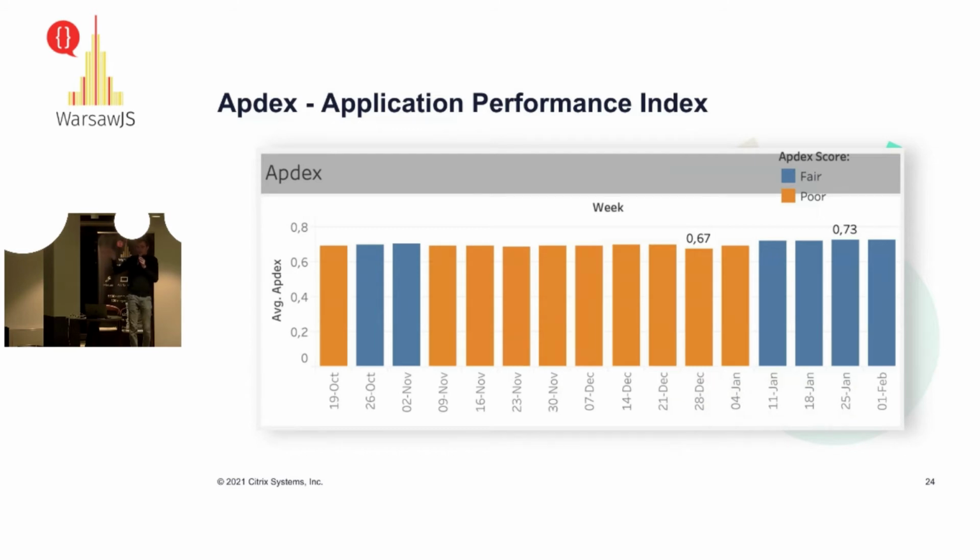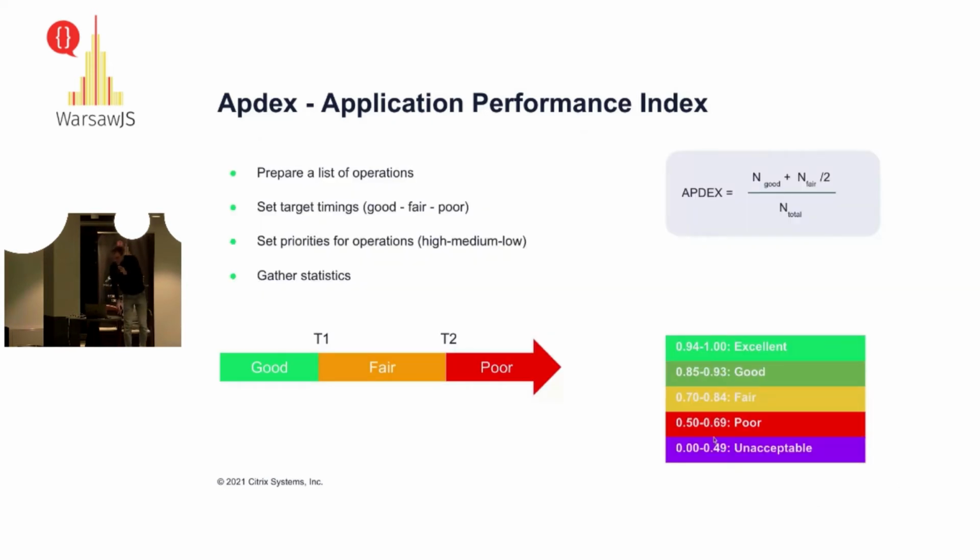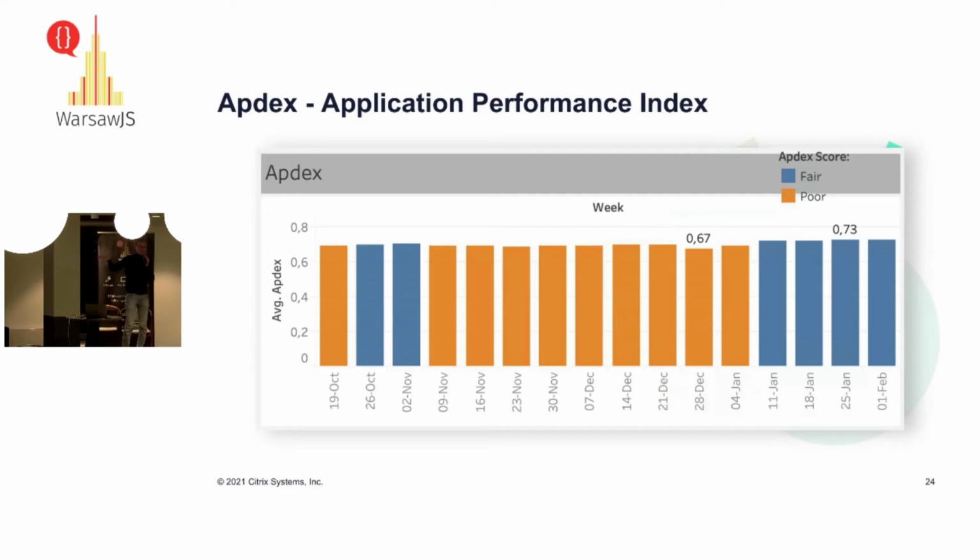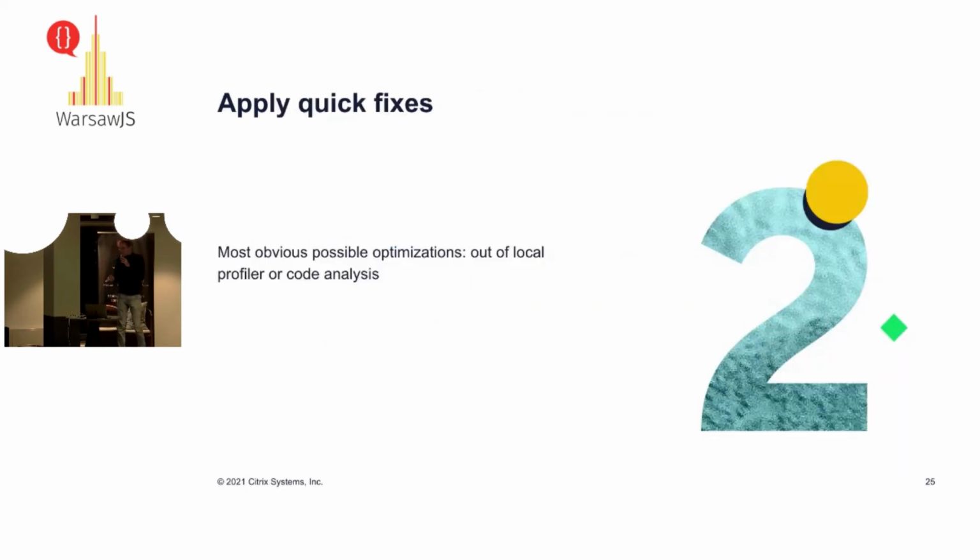We actually had some basic implementation of performance tracking for a few months, and that's how we saw our Apdex when we configured it, and it was really, really bad. As I said just now, poor performance is under 0.7, and here you can see that it is poor. It really didn't make any sense to introduce any new features because it's unusable. And why should they pay us such big money for any new stuff when the existing stuff is not working?